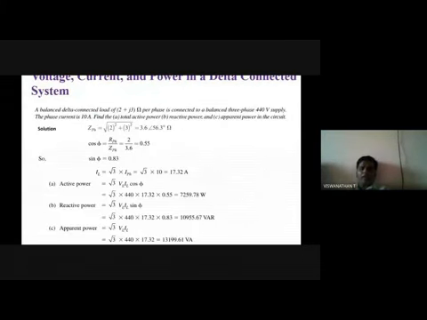So again they are giving one problem. They are giving the load value 2 plus J3. They are giving the voltage and the current. So what is the active power formula? Same, root 3 VL IL cos phi. What is the reactive power formula? Root 3 VL IL sin phi. Apparent power is root 3 VL IL. So hence we calculate